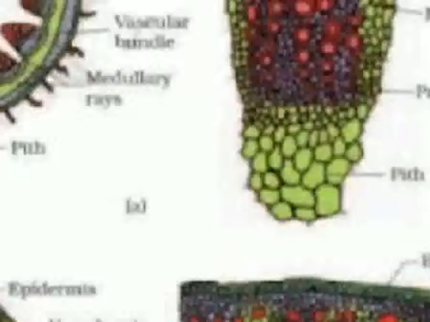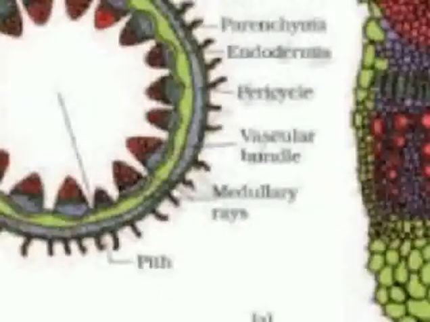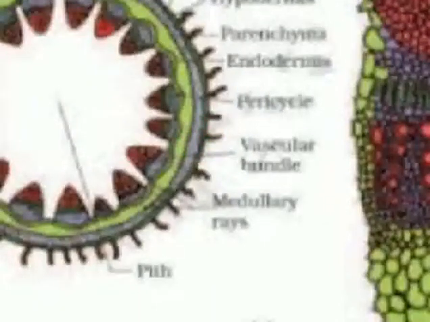In between the vascular bundles, there are a few layers of radially placed parenchymatous cells, which constitute the medullary rays. These are the places where you can see the medullary rays, and these are the places where the vascular bundles are actually not present. Vascular bundles are present in patches which are separated by these parenchymatous cells. And a large number of rounded parenchymatous cells with large intercellular spaces, which occupy the central position of the stem, constitute the pith.